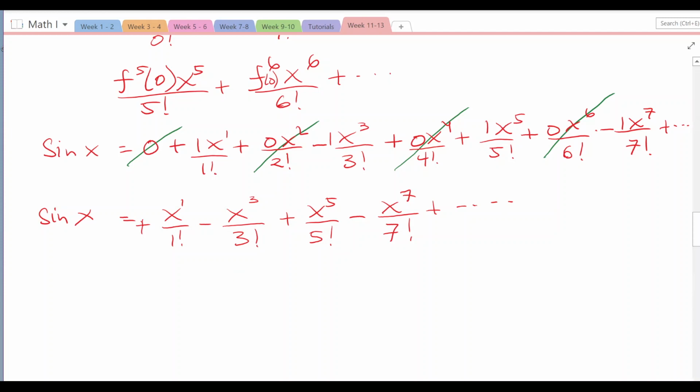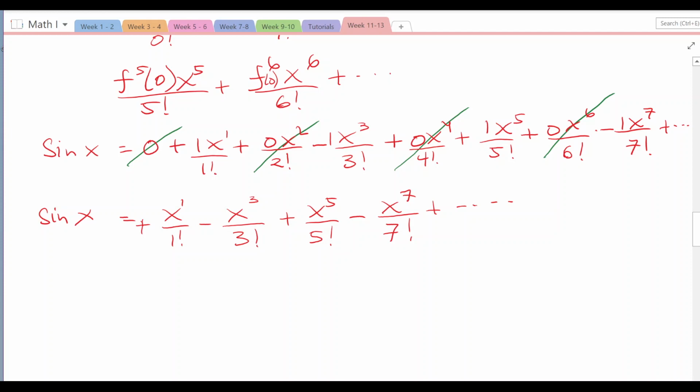And then yeah, we just have to work out what will be the short form of our function, in this case sine x, in terms of the Maclaurin series. The short Maclaurin series expansion of sine x, if you like. Confusing. So sine x in this case.